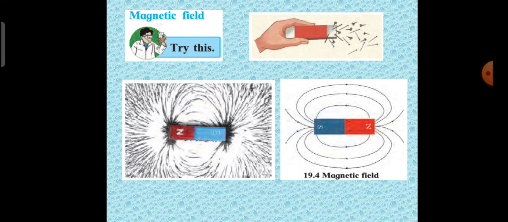Michael Faraday imagined that there might be invisible lines of force going from one pole of a magnet to the other, and that magnetic attraction or repulsion might be taking place through the medium of these lines of force. If Faraday's idea is accepted, the intensity of the magnetic field can be obtained from the number of lines of force as explained above. The intensity of a magnetic field is low where the lines of force are sparse, and the intensity is high where the lines of force are concentrated. You can see here in the figure.